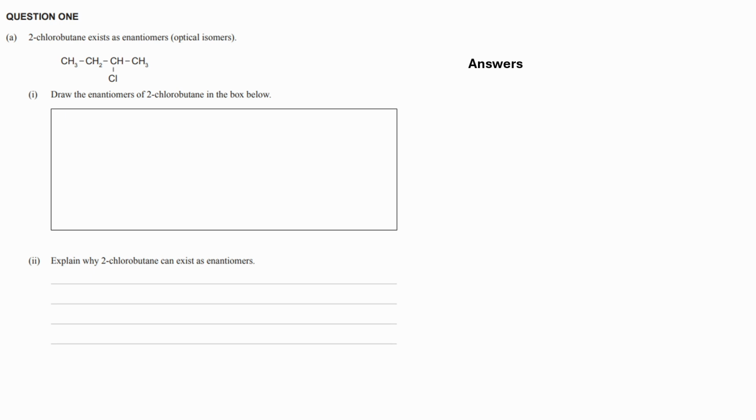This is question 1. And in question 1A, it says here 2-chlorobutane exists as enantiomers or optical isomers. They've drawn a diagram for this molecule, and they've asked us to draw the enantiomers of 2-chlorobutane in the box below. Now, there will be an enantiomer question in every paper every year, there has been for the last 10 years,